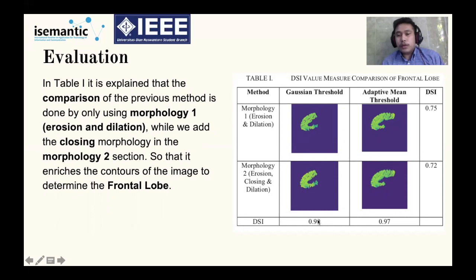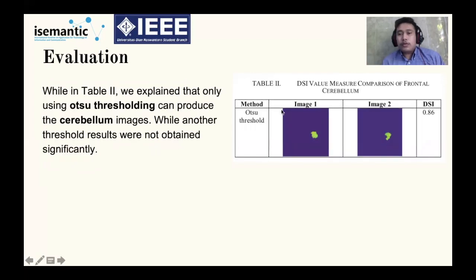The comparison using DSC is good enough, but with Gaussian and adaptive mean we have 0.75, and Gaussian threshold using morphology 2 between Gaussian and adaptive mean has 0.72. For the evaluation of the cerebellum, we use just Otsu threshold because the other thresholds cannot be used. So from mask 1 and mask 2, we have 0.86.